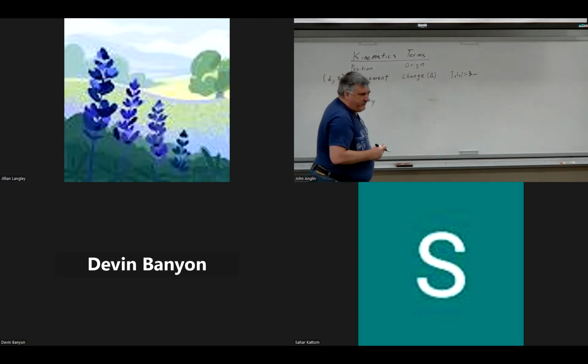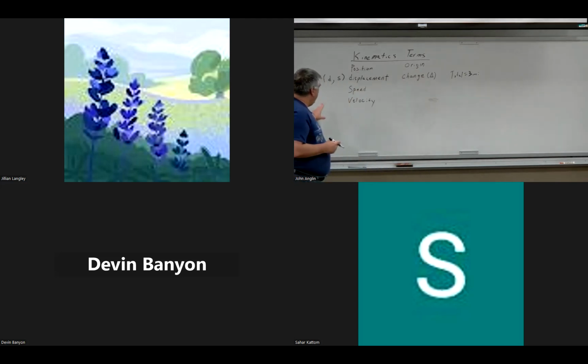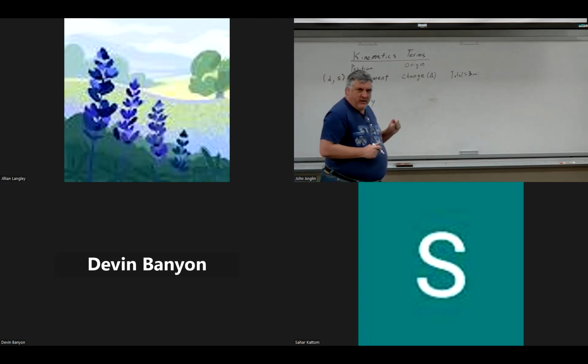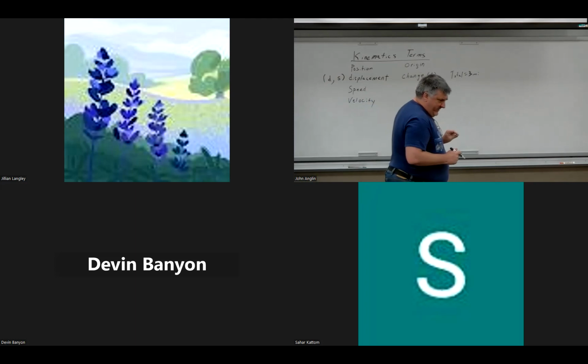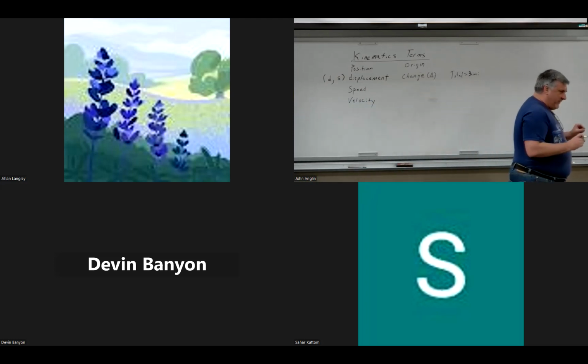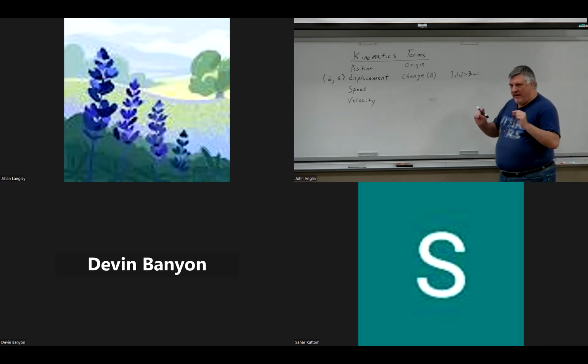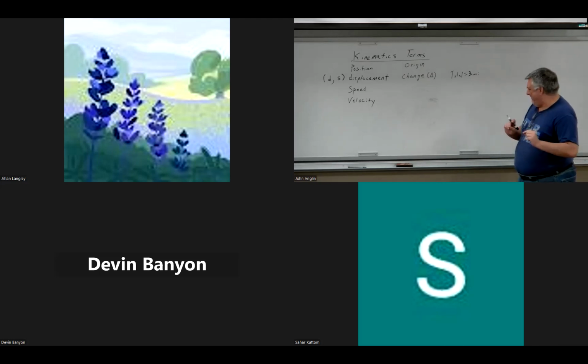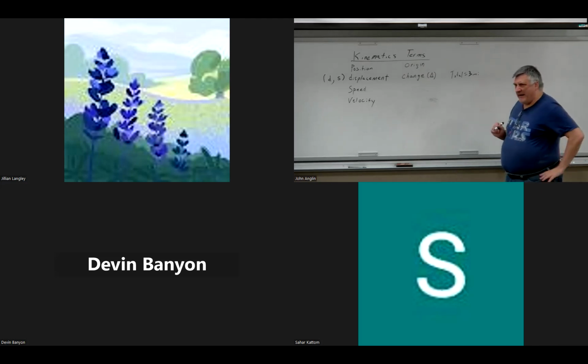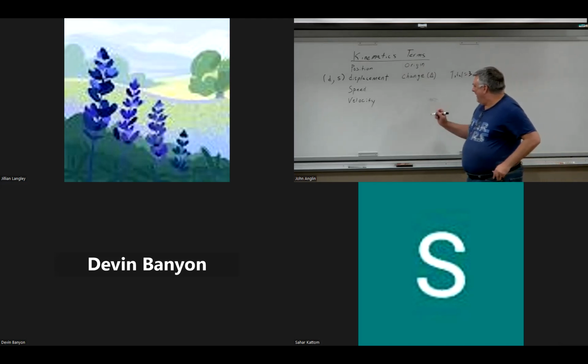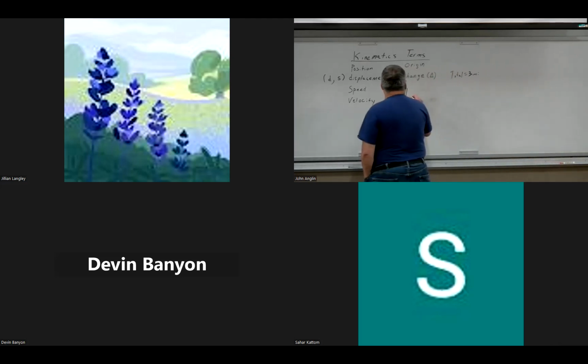A lot of times, the way that we're going to express our displacement is going to be through change in position. Right? So think about that. Displacement is the distance from the origin. It is also a way to express the change in position. So a lot of times what we'll do is we'll say displacement